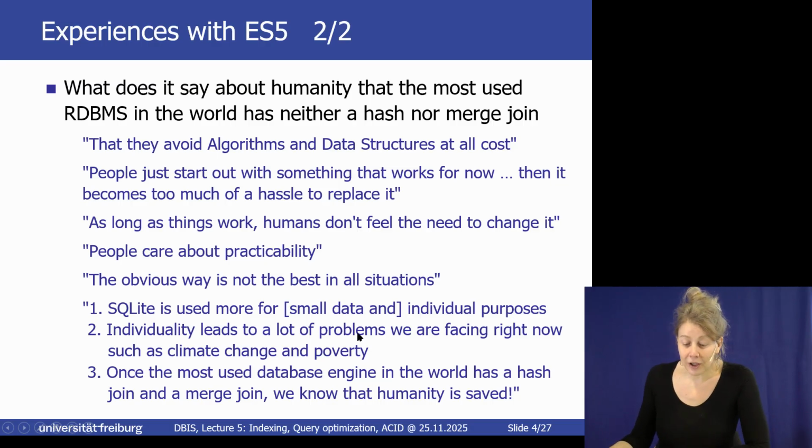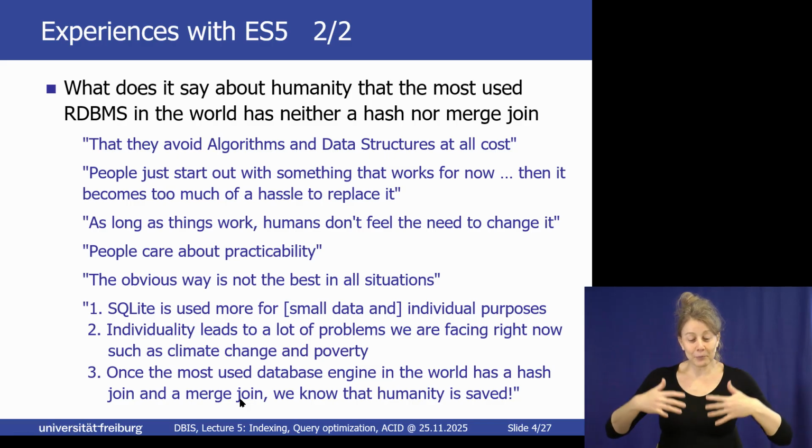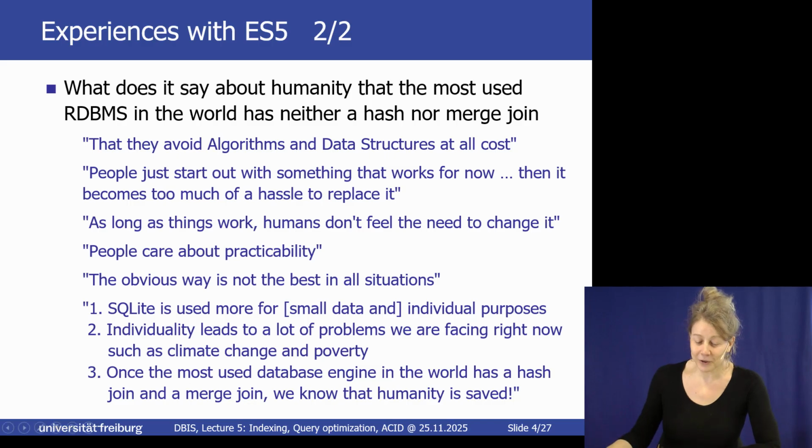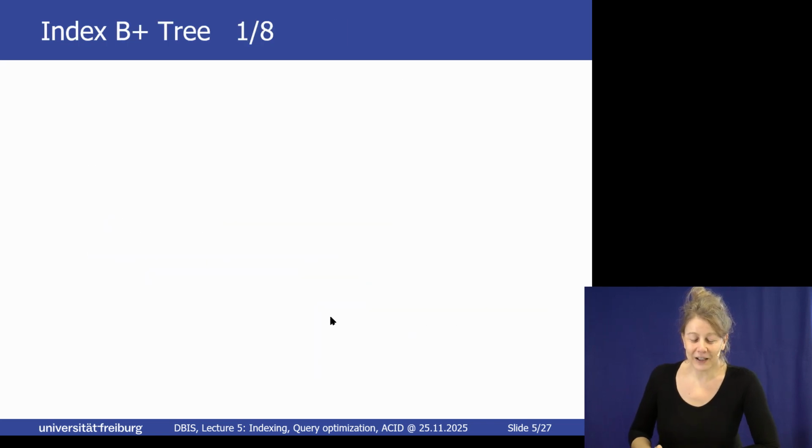Individuality leads to a lot of problems in the world today, such as climate change and poverty. So once the most used database engine in the world has a hash join and a merge join, we know that humanity is saved. It was a long logical inference, which actually got 10 points, but it was actually quite good. And this is, I think, the gist of it. So that's it about the